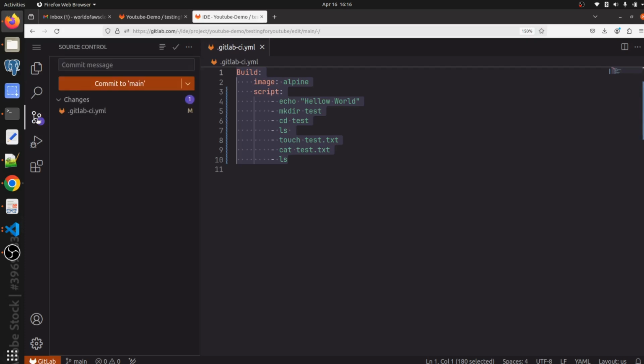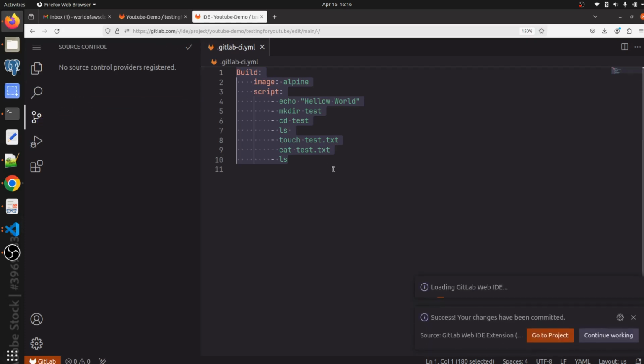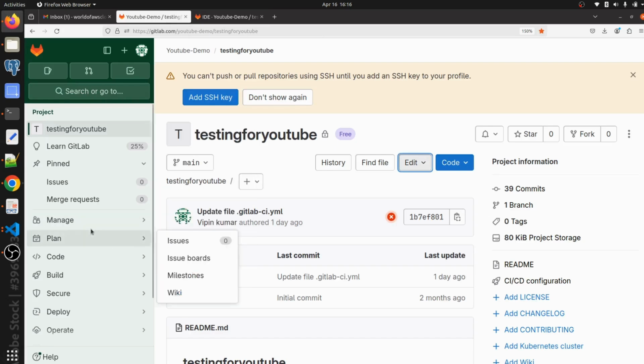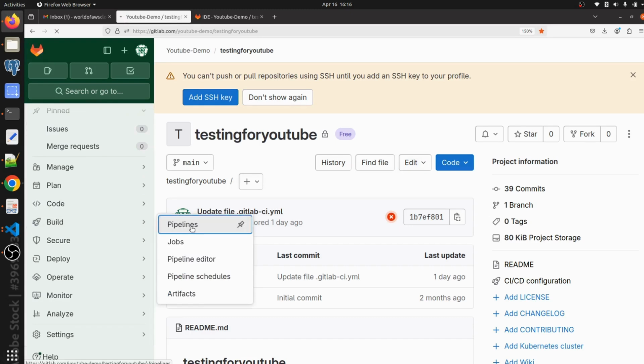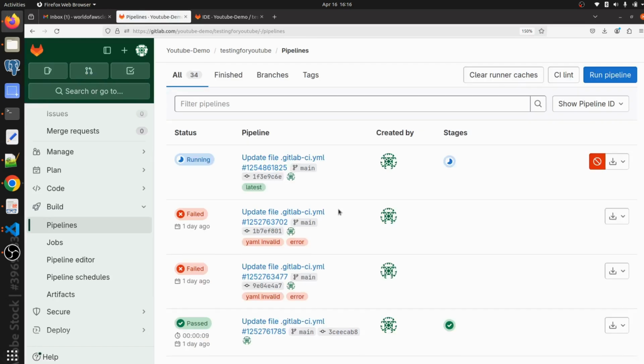Let me commit it. From here we can check the pipeline. We have to click on build, then click on pipelines. As you can see, our pipeline is running. Here is the pipeline ID, here is the commit ID, this is the branch, and this is the file name that we have written. This is our GitLab pipeline file name. Let's click on the pipeline ID,